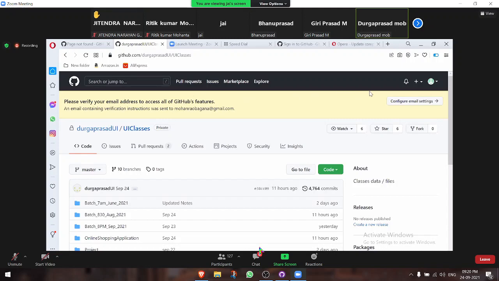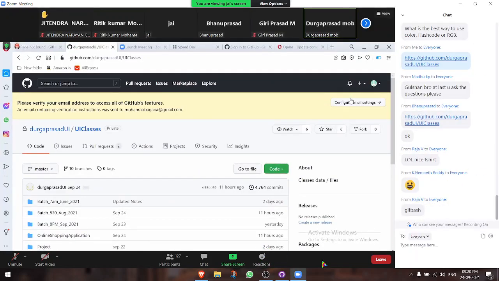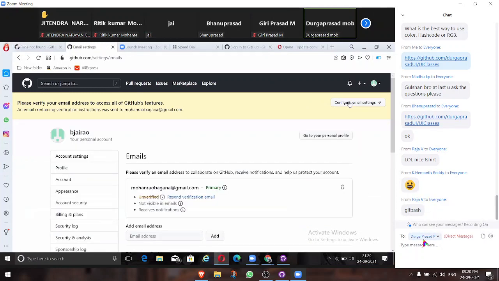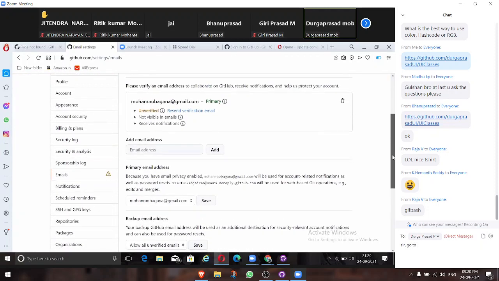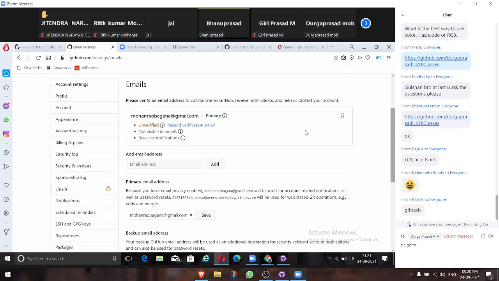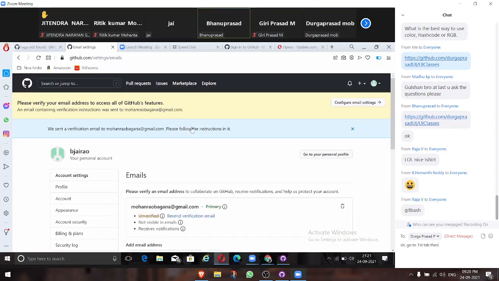But actually it is not needed, I'm sure. But okay, let's try. Configure email settings. Okay, go down. You are not verified. Okay, maybe you can say resend verification email. Okay, now you can open your email through your mobile and say confirm. Yes.